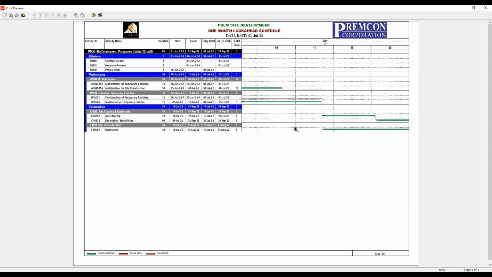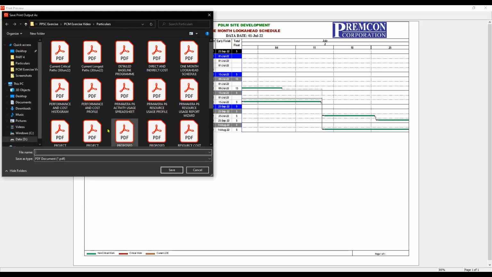Okay, since this activity is not critical, it's an advantage. But if the productivity slips, it may become critical, right? So let's print this and then PDF, and let's create a